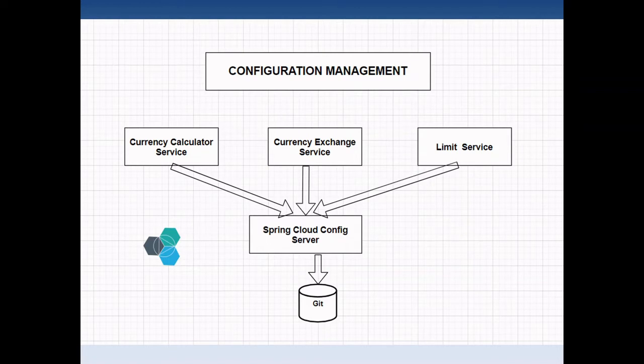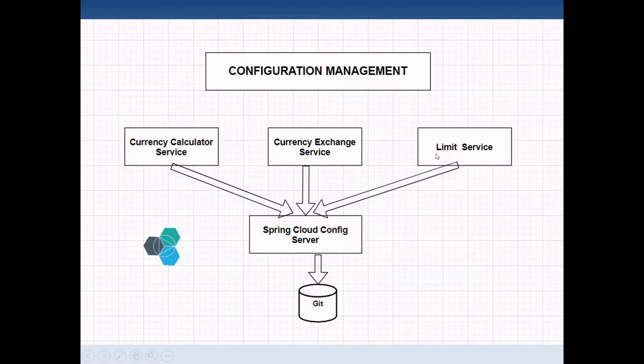Initially for this step, we'll show you only this one microservice, the currency calculator service, which calculates the currency. Don't worry about what this microservice is going to do. We'll see it in a programmatic way and explain each and everything in steps. This is another microservice, the exchange service. This is another microservice, the limits service. All the microservices are talking to the Spring Cloud Config service, and this is the service which is responsible for talking to the Git repository and retrieving all the configuration of all the environments.